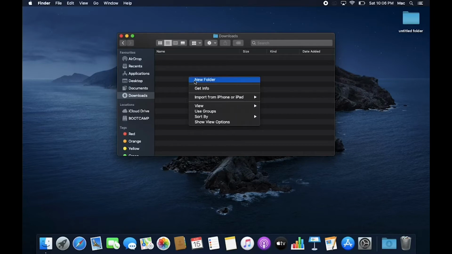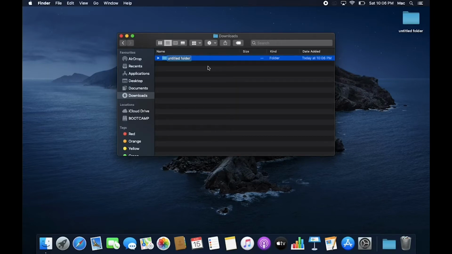You can create a new folder just by right clicking. You can move the files just by drag and drop.